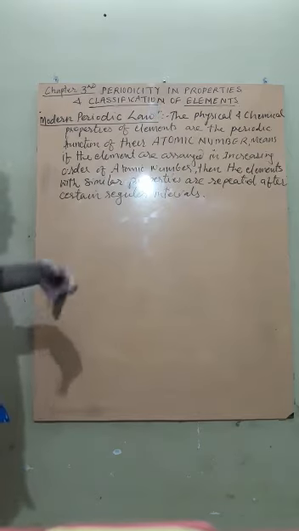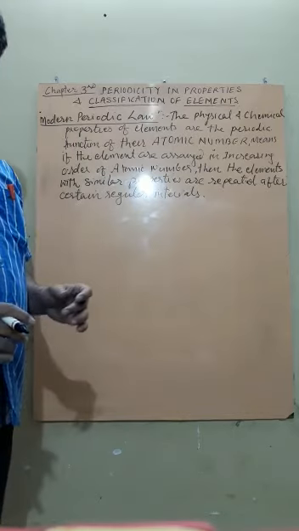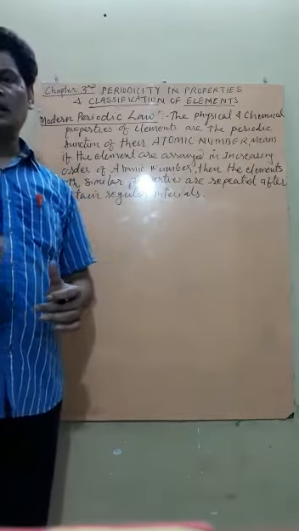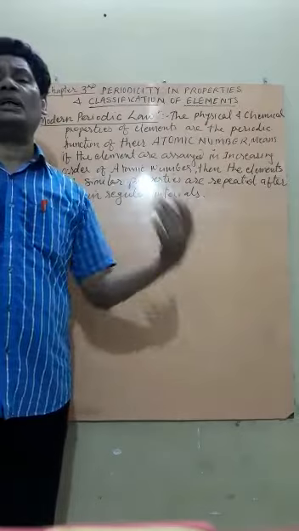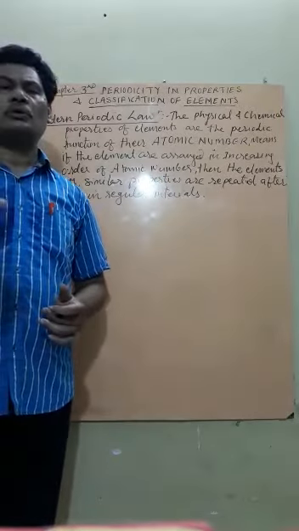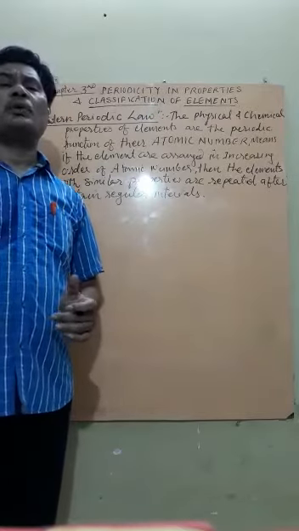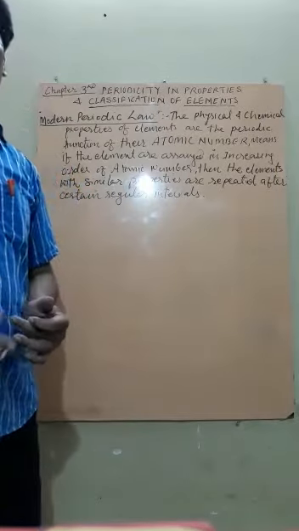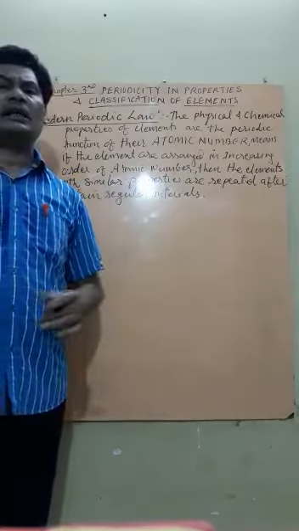Student, here you have to pay proper attention. Today I am going to show you how to prepare the modern periodic table with the help of the second chapter, Structure of Atom. In Structure of Atom we have dealt with Aufbau rules, Hund's rules and Pauli rules. So how do we apply Aufbau, Hund's and Pauli's principle to prepare the modern periodic table? Because the modern periodic table is completely based on these three rules.